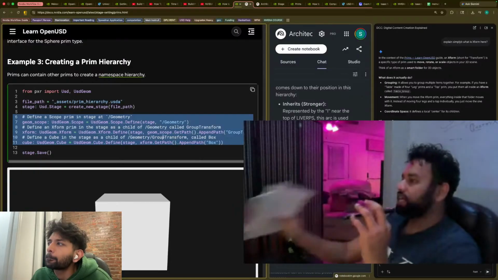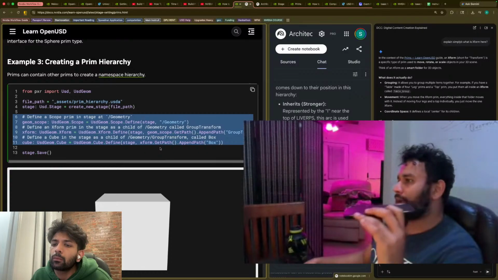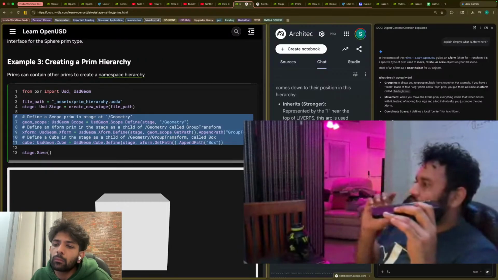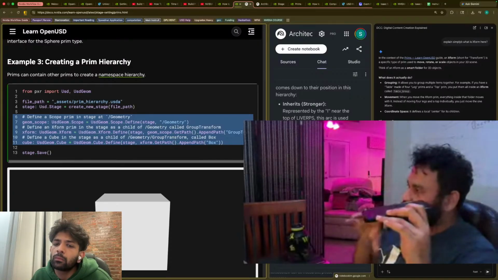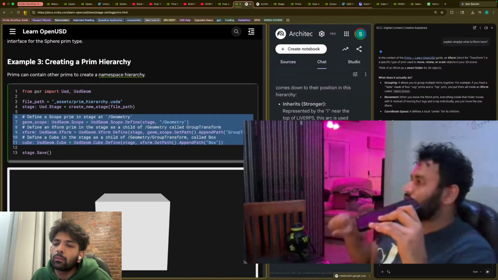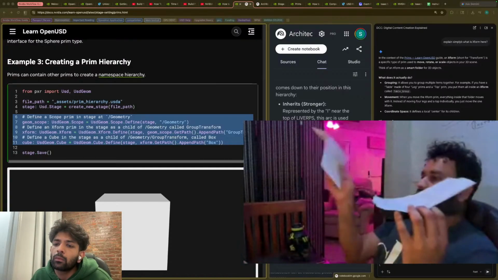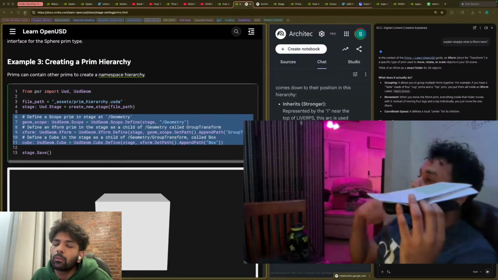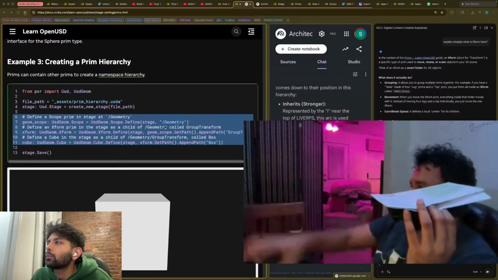So basically, once we have defined the hierarchy, then we try to append different things onto it, and based on that, what they did was they appended an Xform. The most important thing is to create an Xform. If we don't create an Xform, then we won't be able to store the data, because Xform is specifically meant for making sure that whatever you're defining gets stored inside it. Now once we had our Xform created, we were like, okay, let's add more into it. So we added a box into it. If you go and look at the code,